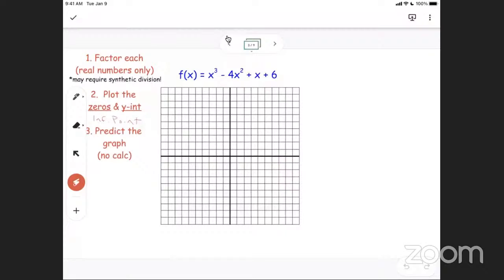Okay. This next one said factor each, real numbers only, may require synthetic division. Plot the zeros and the y-intercept and predict the graph, not using a calculator. So the first thing to recognize is that to factor this, there's no factoring that I can look at and see, oh yeah, it's going to be this or that. The thing to do is to try to figure out, is there a number I can plug in here